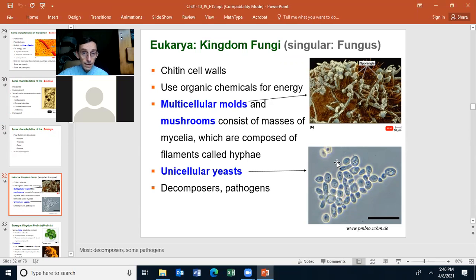Some of the yeasts in particular are human pathogens, but most of the fungi are decomposers, and some of them are human pathogens, like Candida albicans, causing a number of human diseases,